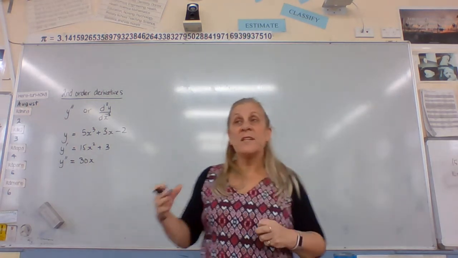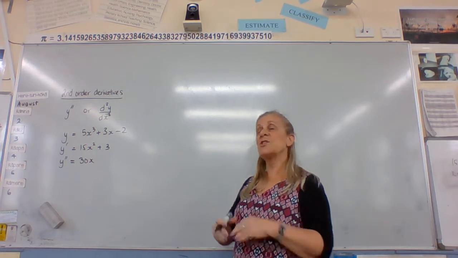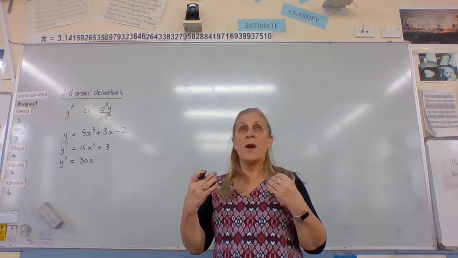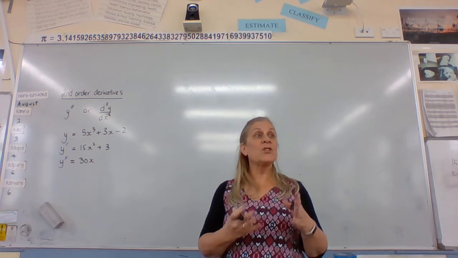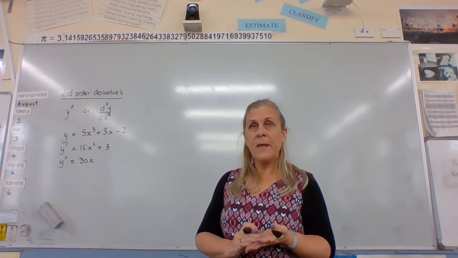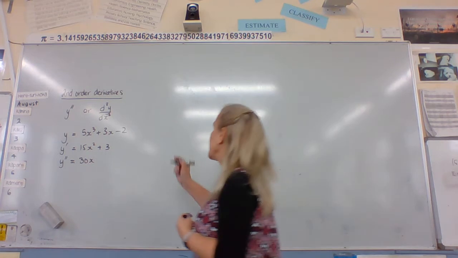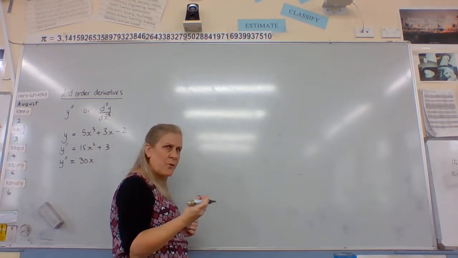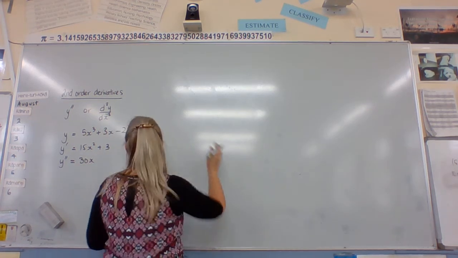So the first derivative tells us what? It's the gradient function, so it tells us the gradient. It tells us whether a graph or a function is increasing, decreasing, or has a critical point, which we can also call a turning point. Our second derivative gives us a whole lot more information around a graph. Not specifically for a graph though, it can be for a function as well as a graph. But anyway,